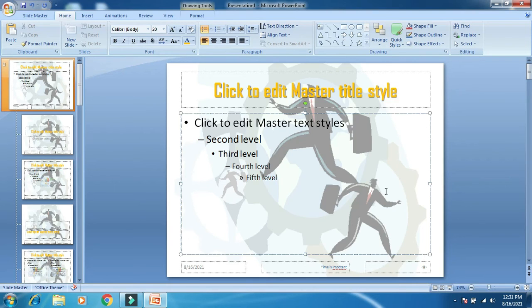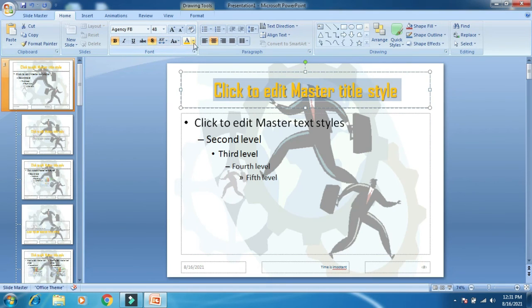Click on the Home tab, then in the Font group change the font face, font shadow, bold or italic, and the color of that font, whatever color you want, it's up to you.